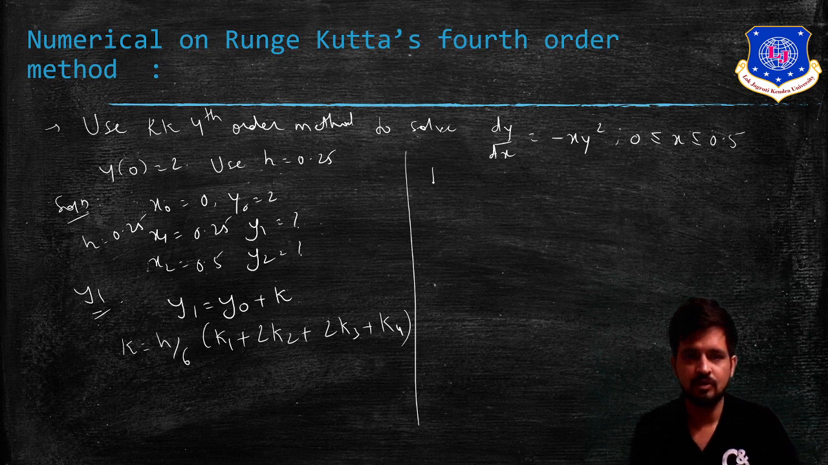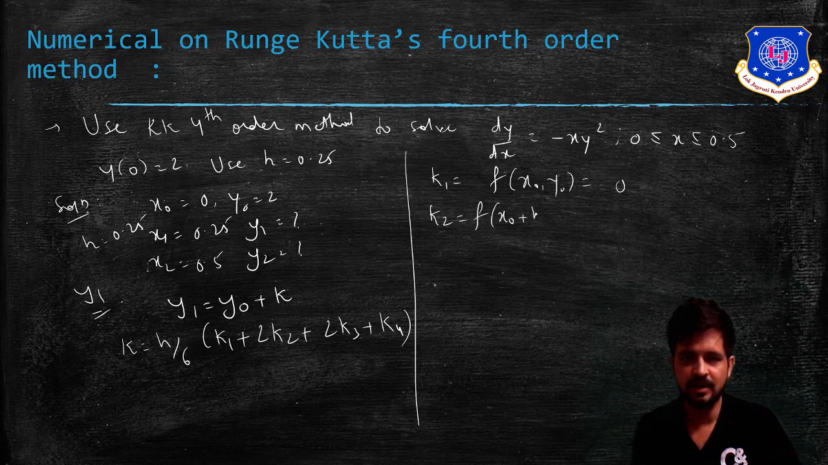So first of all, we have to find k1. How we can find k1? k1 can be found by h times f of x0 comma y0. What is our f of x0 comma y0? See, you can place the values 0 and 2 in this. The value will be 0. Then k2. k2 can be found by x0 plus h by 2. See, h by 2 is separate, not with this. x0 plus h by 2 and y0 plus k1 by 2. If you solve this, you will get the answer